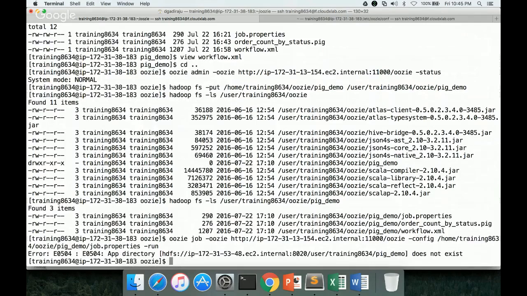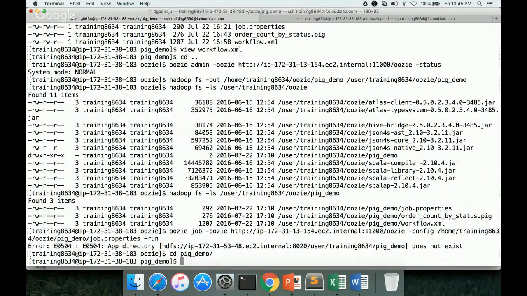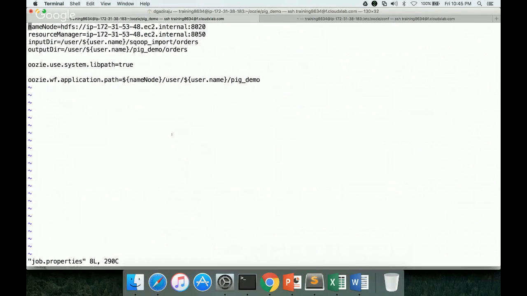So there is an issue. The reason why it is failing is there is a conflict between the location which is defined as part of the scripts and the location to which we have copied pig_demo. So now if you go back to pig_demo and go to job.properties, here you can see that oozie.wf.application.path is pointing to the namenode/user/$username/pig_demo. But when we actually copied, we copied to under /user/training8634. There is a directory called oozie, and I have copied pig_demo to that location. That's why it is failing. So what we have to do, we have to